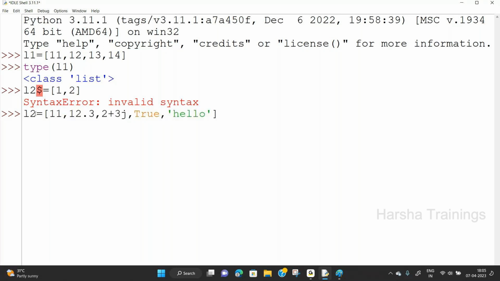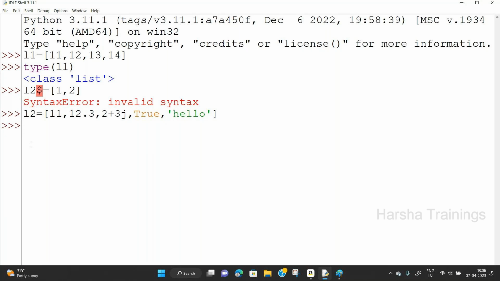A list can consist of elements of any data type. Understand two points. First of all, what is a list? A list is a collection of elements that are enclosed within square brackets, and all the elements are